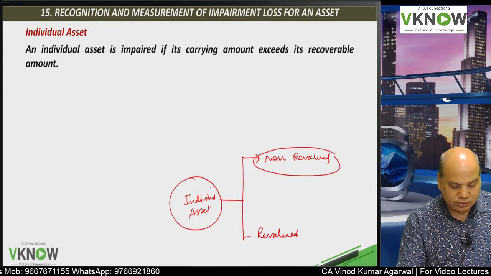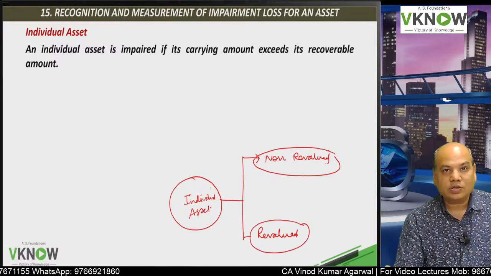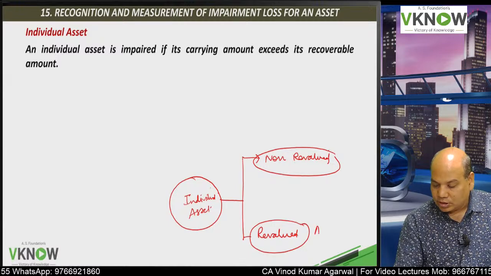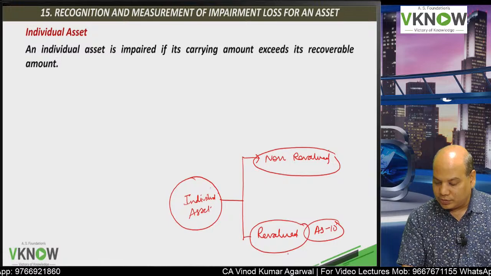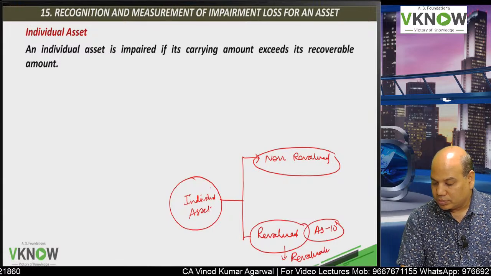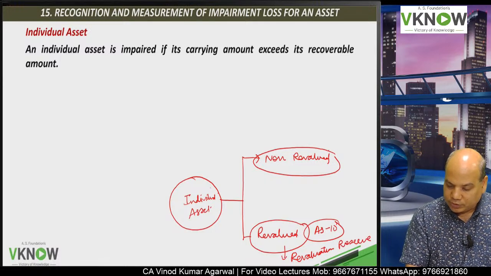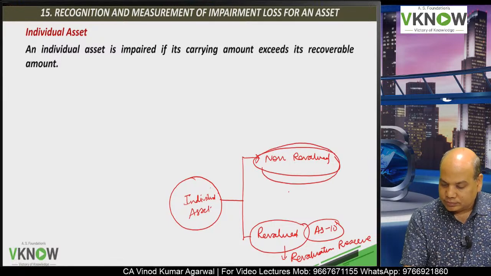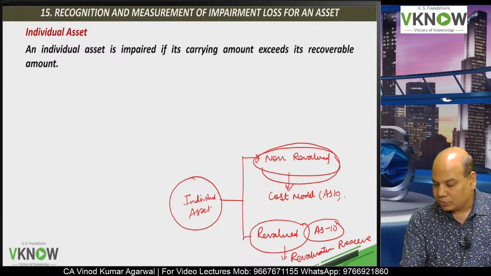Non-revalued category means it was never revalued earlier. Revalued category means it was earlier revalued upward under accounting standard 10, and we have created one revaluation reserve. So with respect to a revalued asset, there is a revaluation reserve in our book. But with respect to a non-revalued asset, that is which was accounted using cost model under AS 10 or under AS 26 intangible asset,